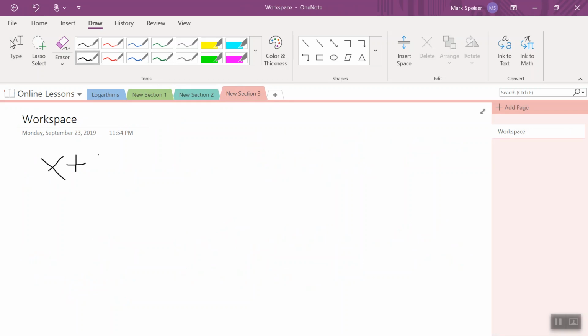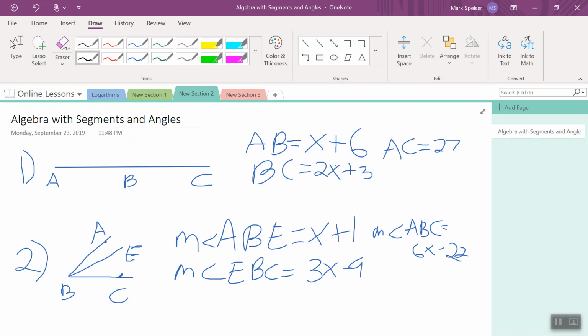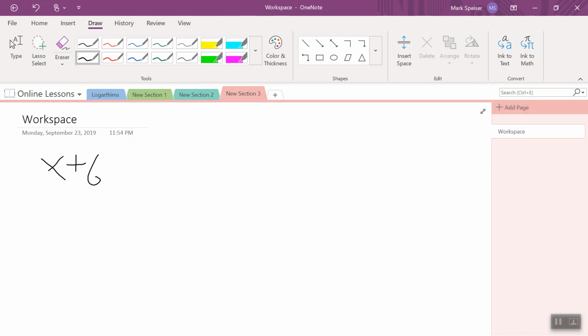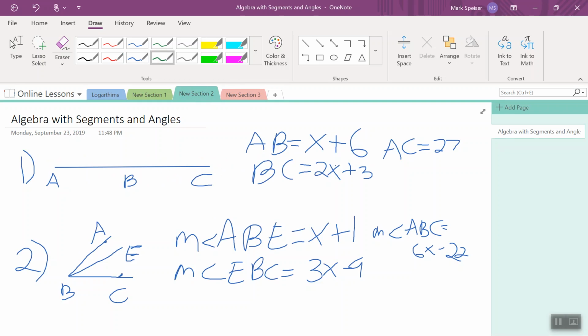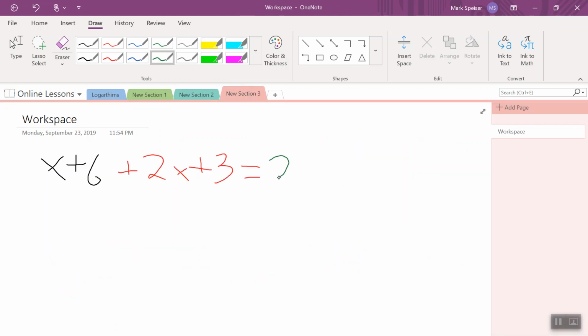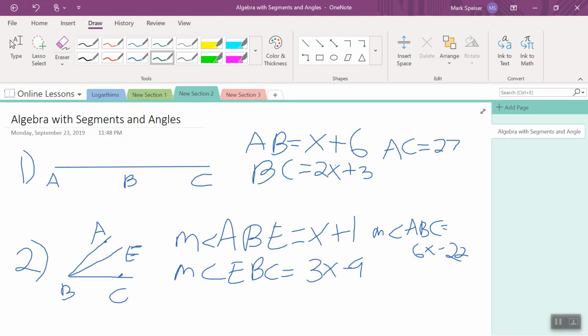X plus 6 plus 2x plus 3 equals total length of 27. That's the algebraic equation. Sometimes students, and I actually prefer it, also show the geometric equation, which in this case is